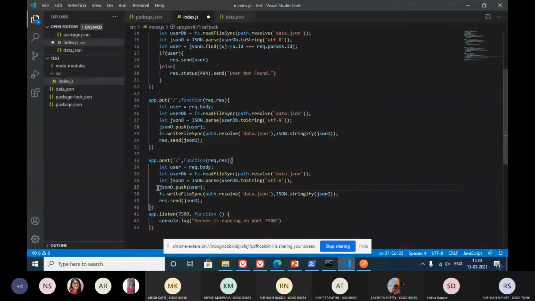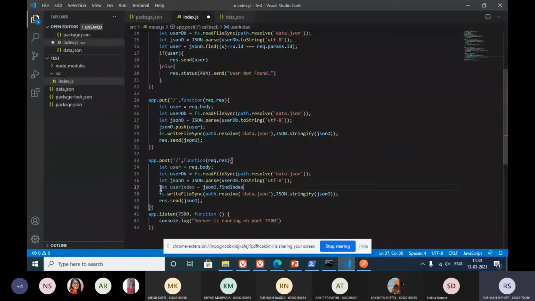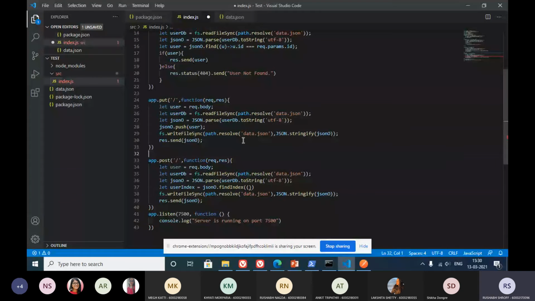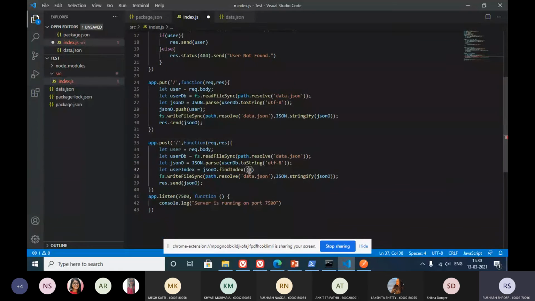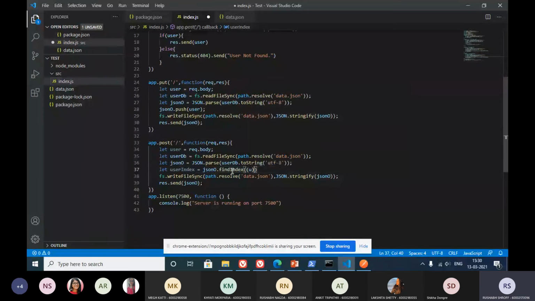So what we'll do is let user index equal to, dot find index, and then in a similar way as we did inside the find function over here, we are going to find the user, and then this function will return the index of that user.